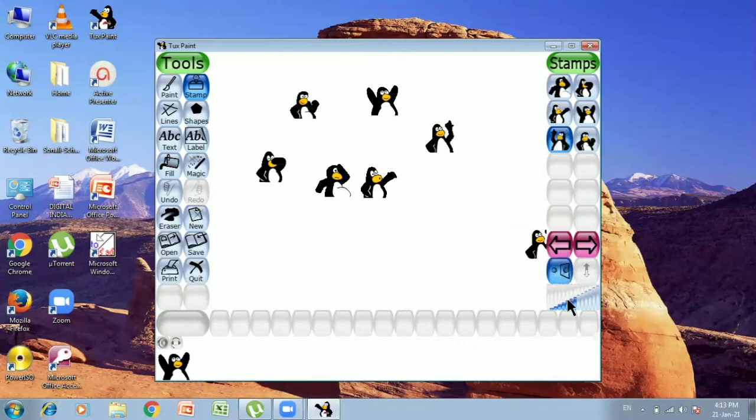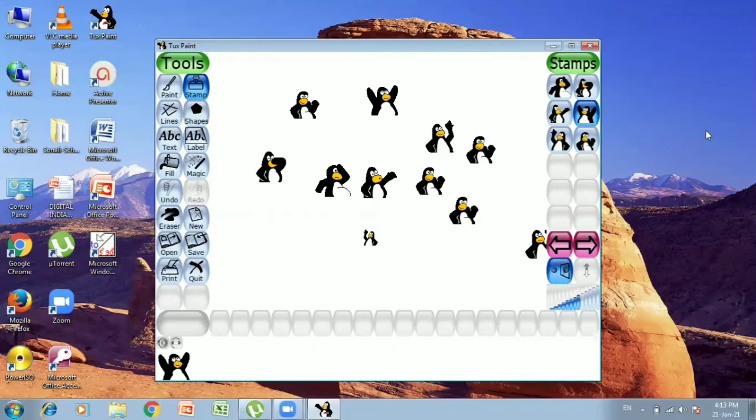You can change the direction also. This is increasing the size. First you have to highlight it and then you can change the direction, meaning towards what place or direction it is facing.